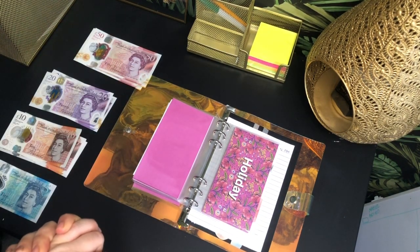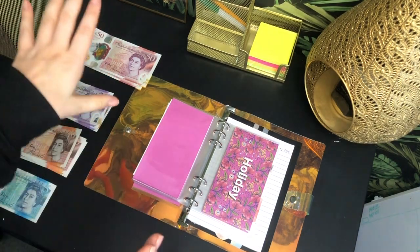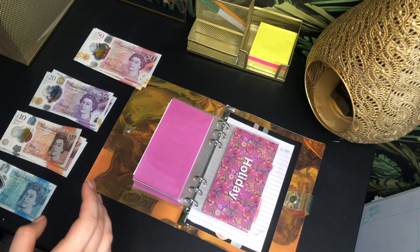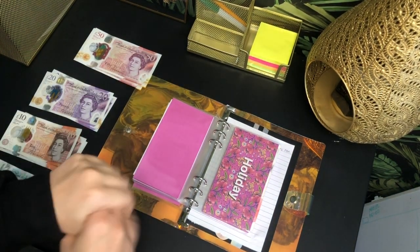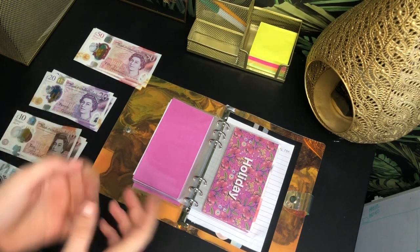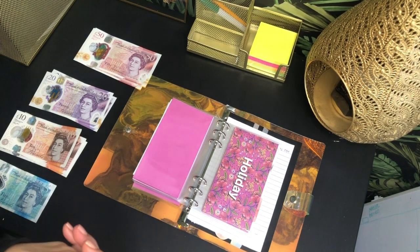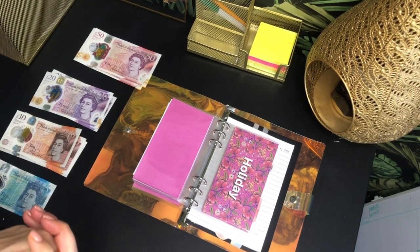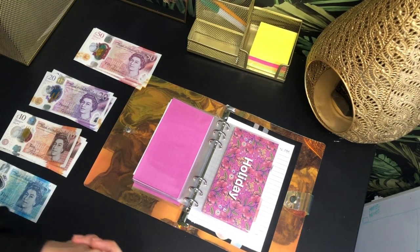And I literally got the last room in the hotel, I think, with TUI, and I got a beach view, and it's going to be absolutely amazing. I'm really looking forward to it. I've never been to Kos. I've been to Crete before, so that was lovely. But I'm just really looking forward to it, and hopefully Greece is still warm when I go in the middle of October. But that cost me £800,